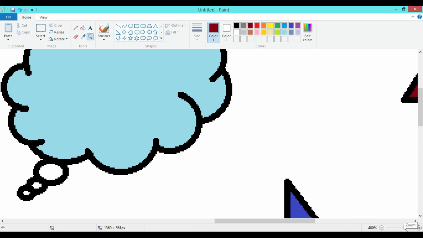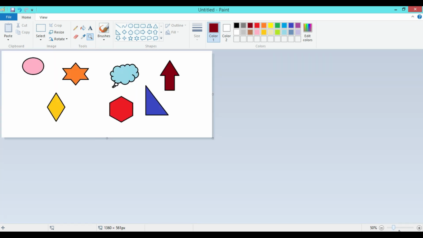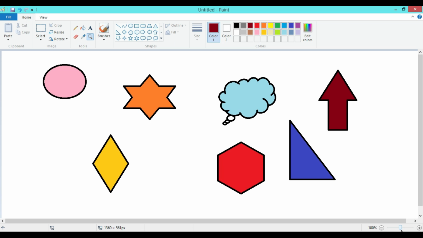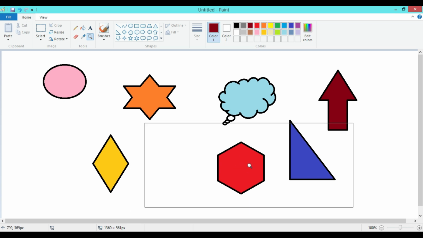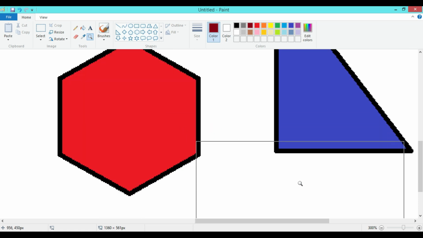You can also zoom in or zoom out your drawing using the slider present at the bottom right corner. By default, our drawing is set to 100%. Now, suppose I want to zoom in this part of my drawing, then I will single click using the mouse and zoom my drawing to 200 or 300%.